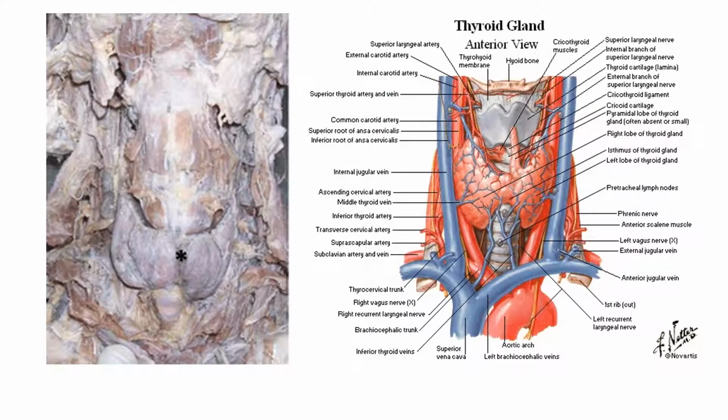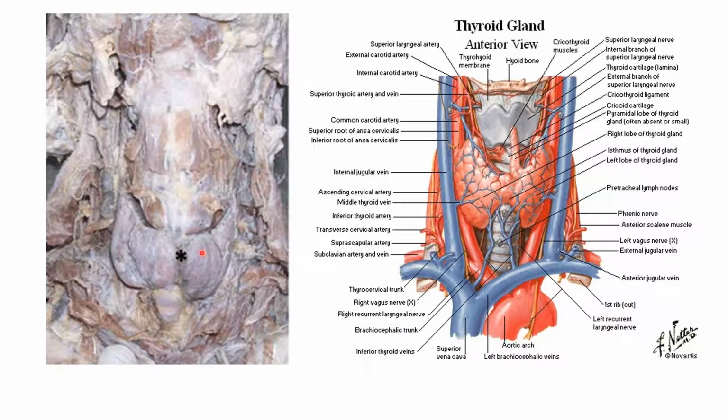So now I'm starting with the prosected specimens. You can see here is the prosected specimen. You can see this is a midline, and here you can see this structure. This glandular structure is the thyroid gland, which consists of two lateral lobes connected in the midline by a structure called isthmus.